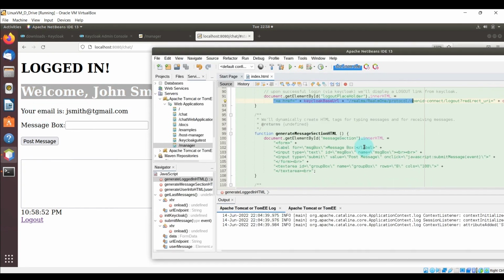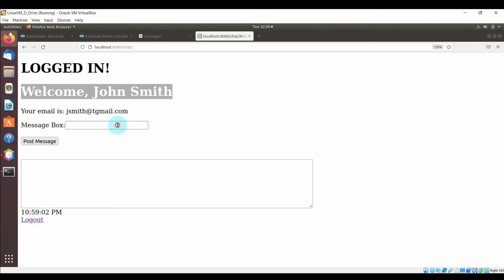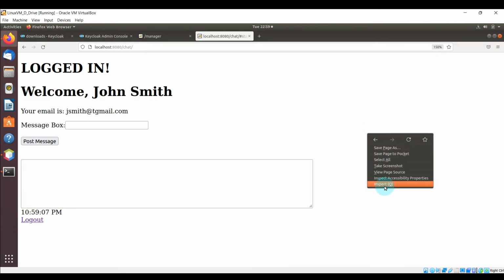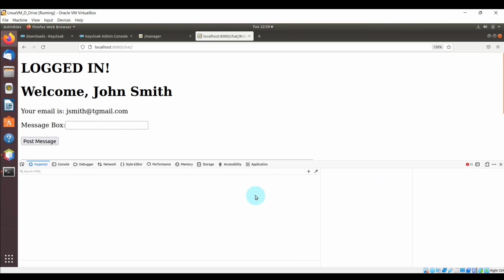And then we have this other generate message section HTML, which is actually creating the label, the field for it to type in the message to post in the chat, the post message button, and the text area, which you see over here. So now something interesting, just as an FYI, if you right click and select inspect, most browsers should have something like this,